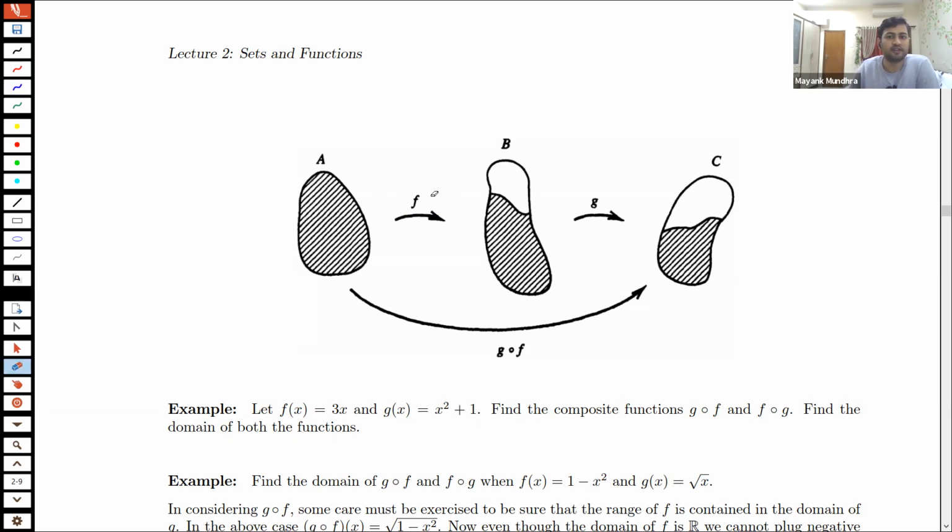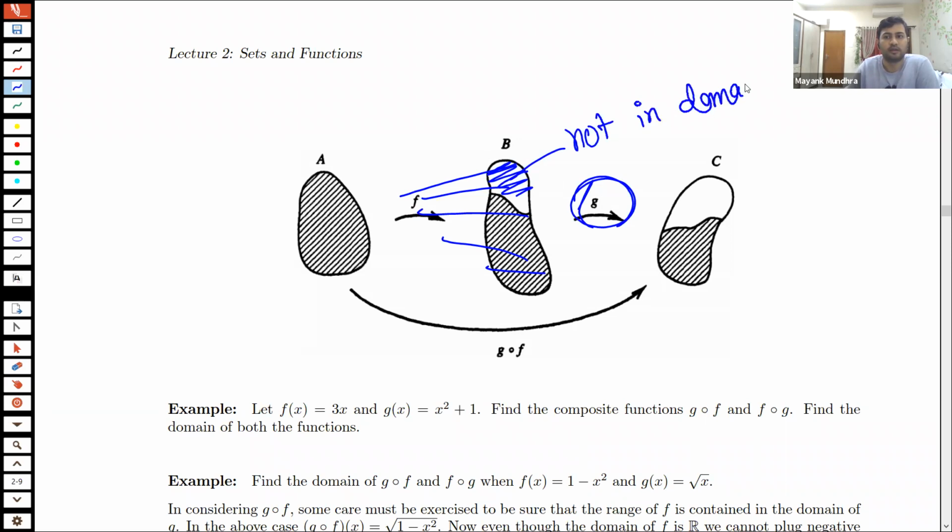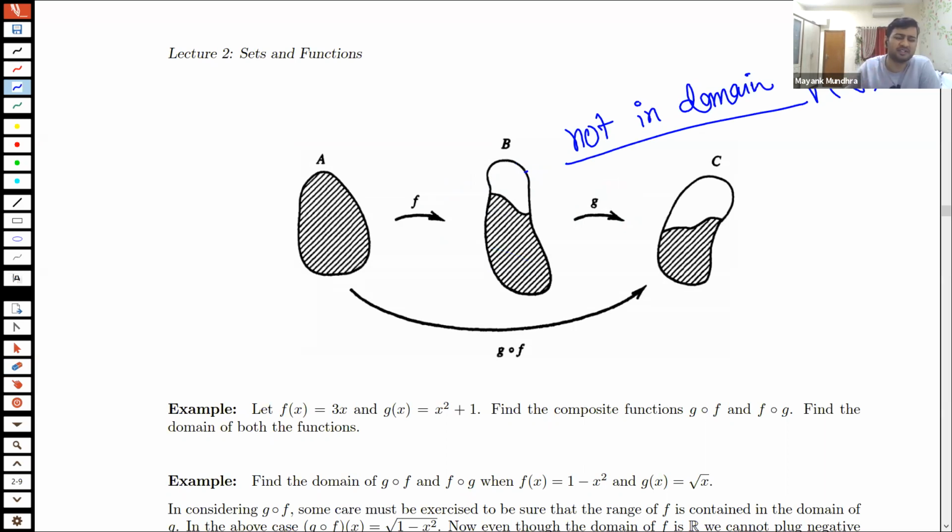So function f is mapping this entire B. But for the function g, these points are not in the domain of g for some reason. Then you have to eliminate these points from the study. So that's one thing. But not to worry about it much, because the domain of composition functions and all those things